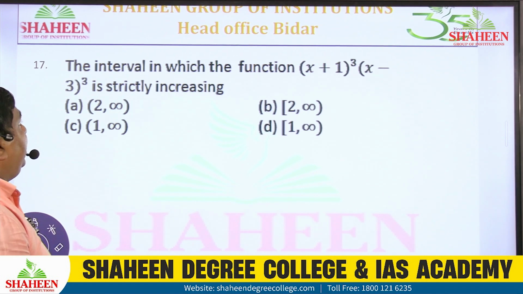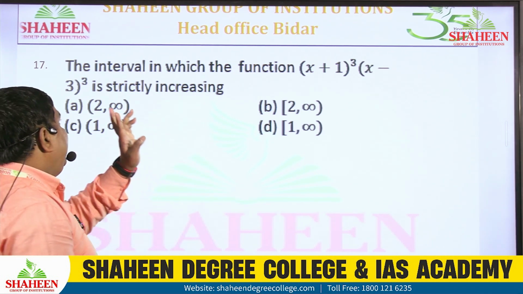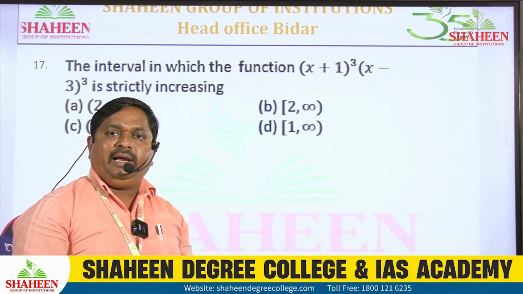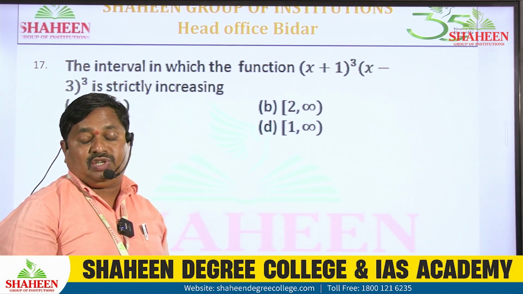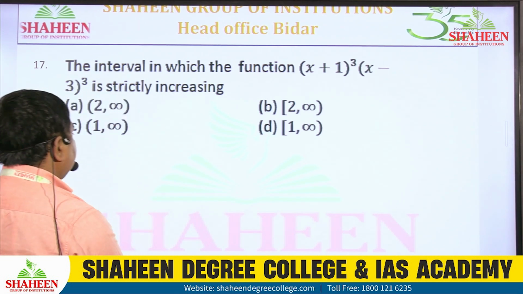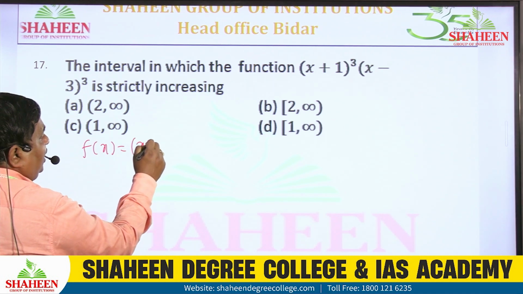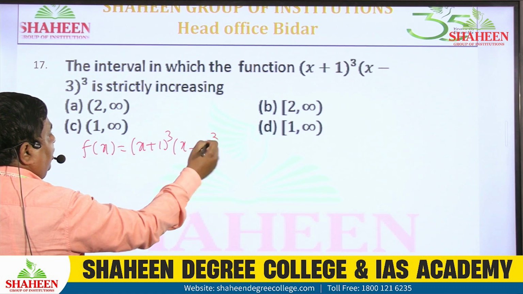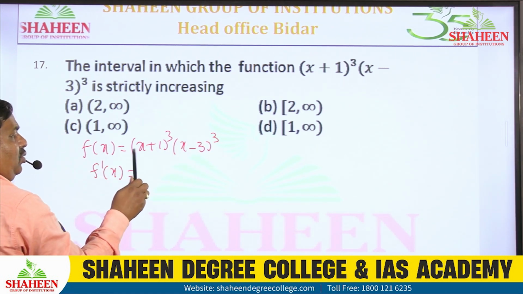In the interval in which the function x plus 1 whole cube and x minus 3 whole cube is strictly increasing, we are finding an interval in which the given function is a strictly increasing function. Let us take the given function f of x equal to x plus 1 whole cube into x minus 3 whole cube. Finding its derivative, f dash of x is equal to